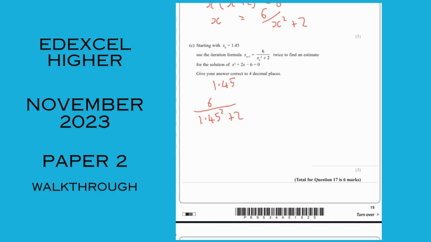So on your calcs, 6 divided by, I'd recommend opening brackets, 1.45 squared plus 2, close your brackets, equals. It wants 4 decimal places to finish with, so make sure you give this answer to more,